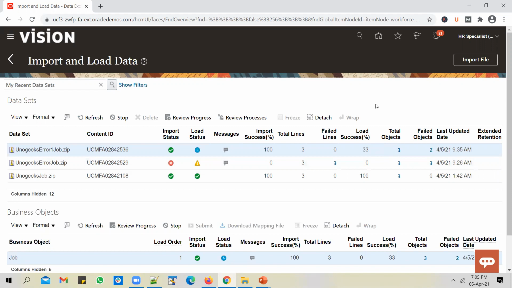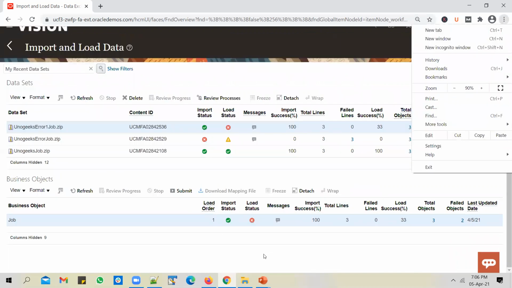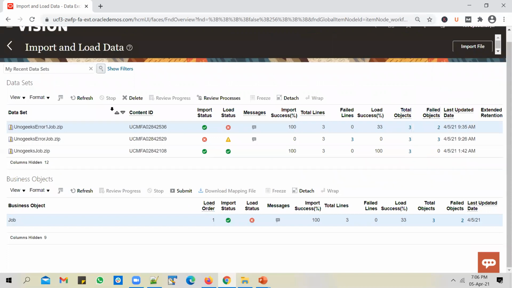right? So to help you with that, to help you with extraction of failed lines, Oracle has given an option in this particular screen itself. So you could, okay, so you see failed objects as 2. Do a refresh.